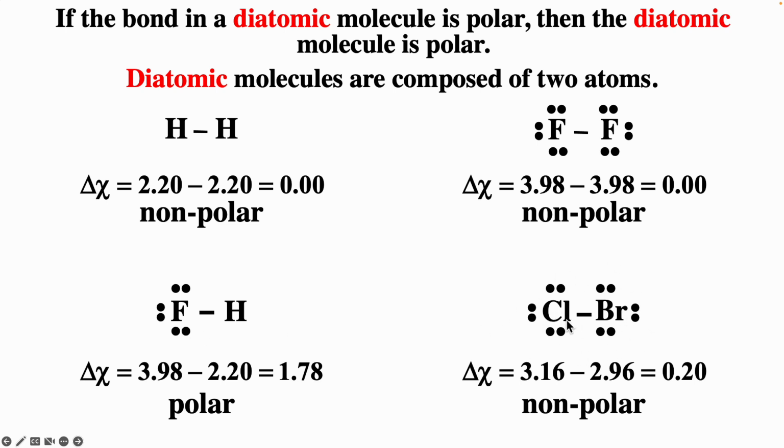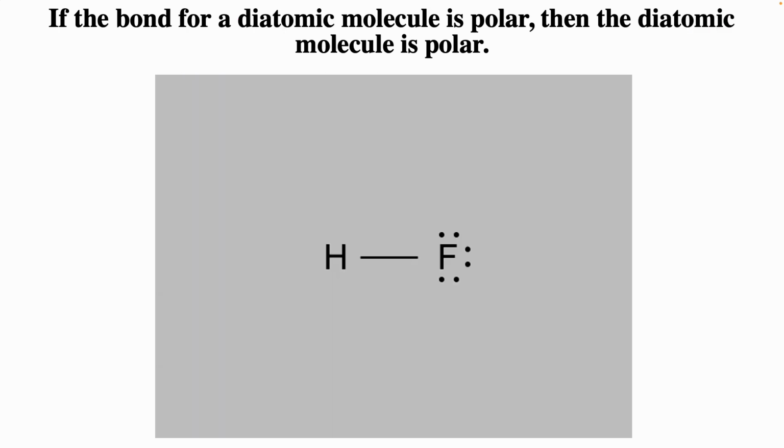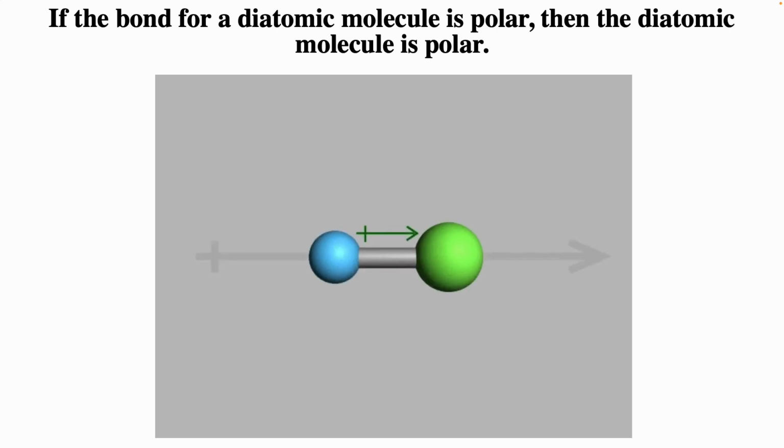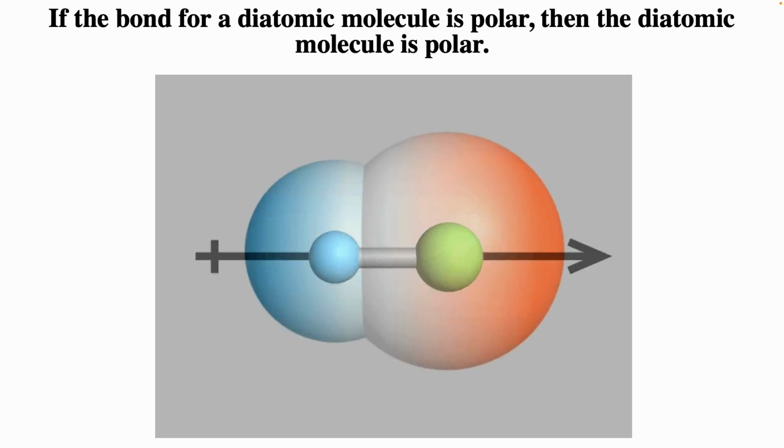So a diatomic with chlorine and bromine, the difference is 0.2, and so that would be a nonpolar molecule. For a diatomic molecule, a polar bond must lead to a polar molecule. Consider hydrogen fluoride, shown here as the Lewis structure changes to a ball and stick model enclosed within the space-filling